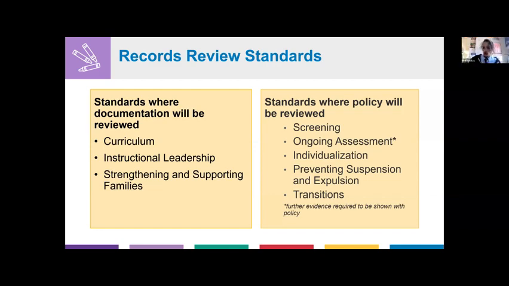It would be the date of submission. So if they're in the planning phase, there's a potential that something may not be implemented yet, but on the day that they submit, those should be implemented, which is what we'll be reviewing.